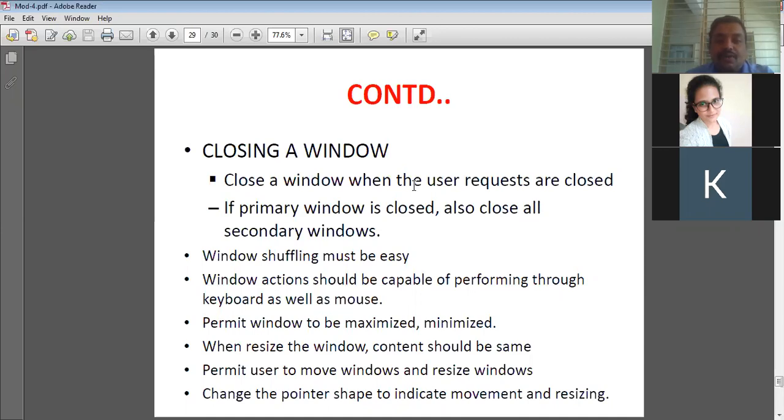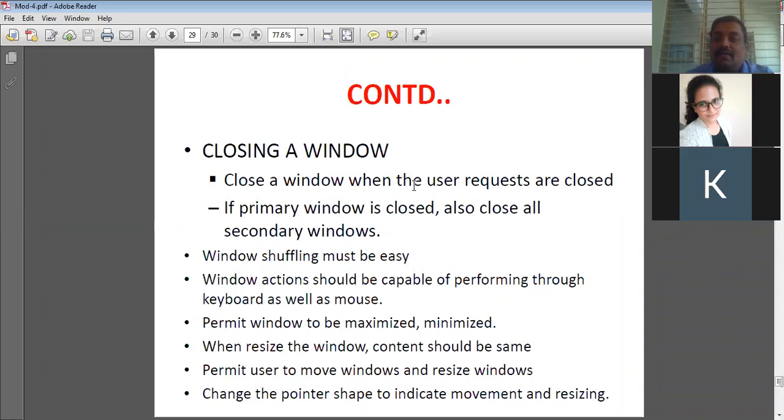Next, permit the user to move windows and resize windows. So we need to allow the user to move and resize windows. There should not be any lock, because there are some stringent developers who will not permit the user to resize the window. They will just make a block. In the coding there is an option called resize flag equal to true or false.